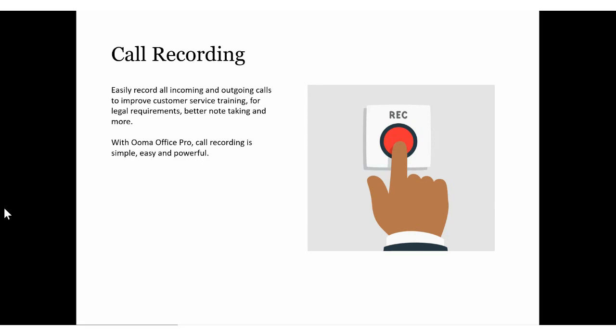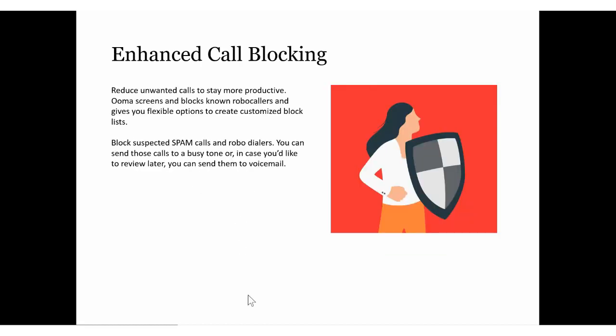As far as call recording as a feature of Ooma Office Pro, this feature, along with many others, is $5 more per user per month. I just wanted to make sure you, as our customer, understood that in that additional fee, you are not just getting call recording, you're getting a host of other features. This is not going to be a sales pitch, but I do want to make sure you understand that that small additional fee not only includes call recording, but it also includes enhanced call blocking,